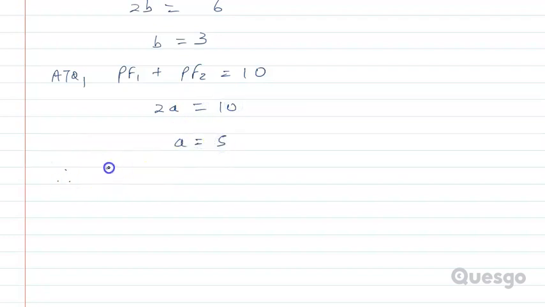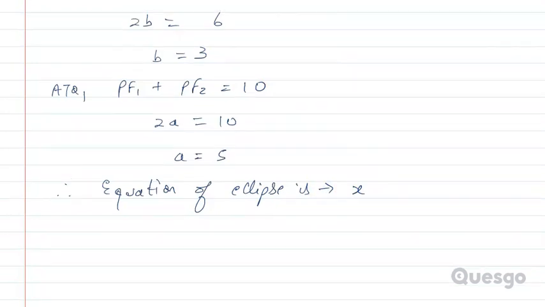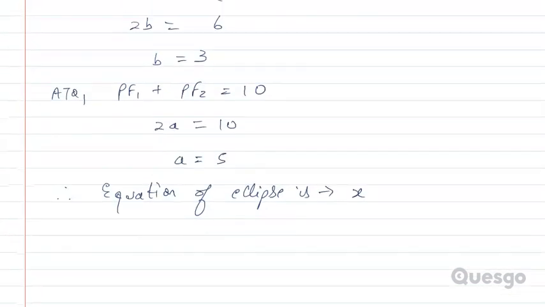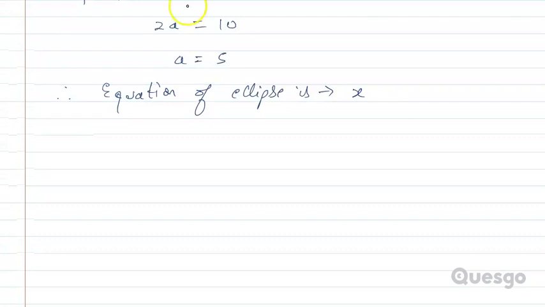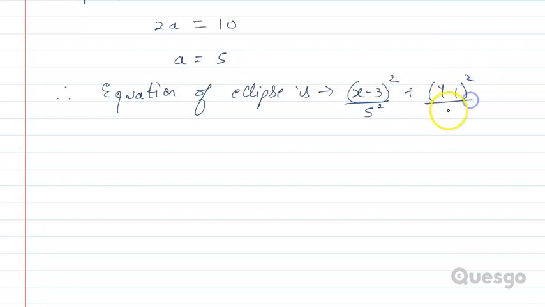So therefore now we can write equation of ellipse. So equation of ellipse किस तरह से लिखते हैं हम स्टैंडर्ड फॉर्म में? Is x minus, सेंटर का कोऑर्डिनेट्स क्या थे? Let's check the center coordinates (3, 1). तो यहाँ आ जाएगा (x minus 3) whole square divided by a square, and a square over here is 5 square, plus (y minus 1) whole square divided by b square, and b over here is 3 square, equals 1.